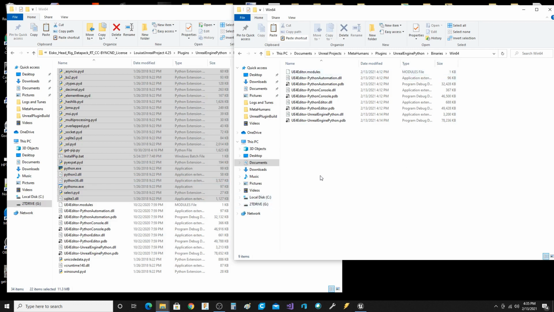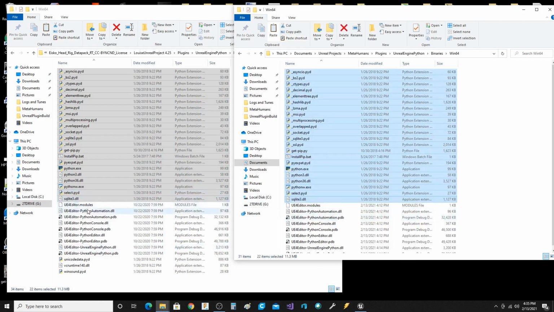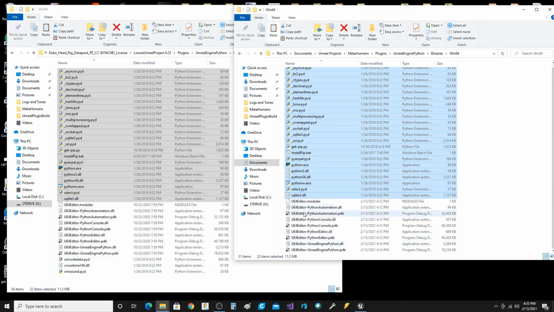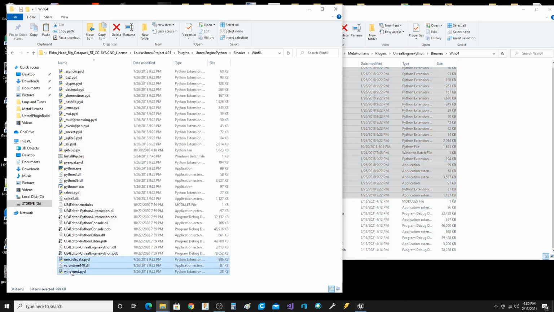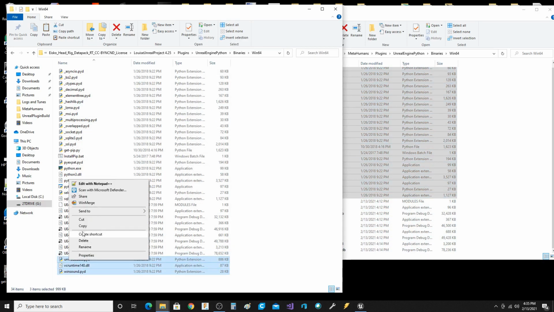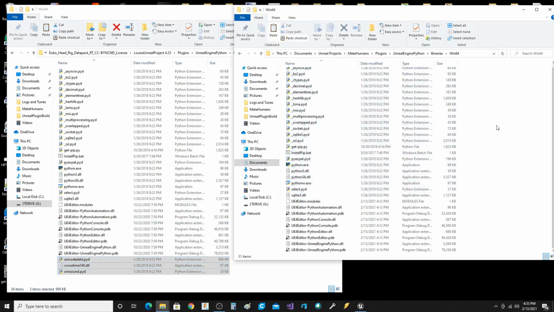So I'm gonna come over here and I'm gonna say paste. And then there's all these 4.25 modules. And then we're going to do this. Okay. Now technically, we should be able to create